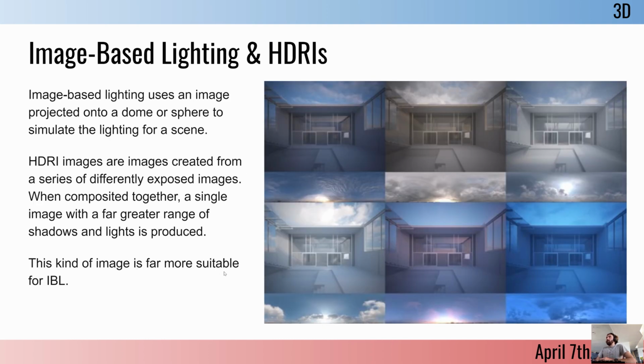Image-based lighting, HDRIs. HDRIs are a super useful way to get really good looking, quick lighting. Basically, if you ever go on Google Earth and you see the image that's all the way around you, that's an image like a JPEG, and what it's doing is wrapping that image into a sphere. An HDRI is the same as that, but what they've done is they've taken the same photograph at multiple exposures